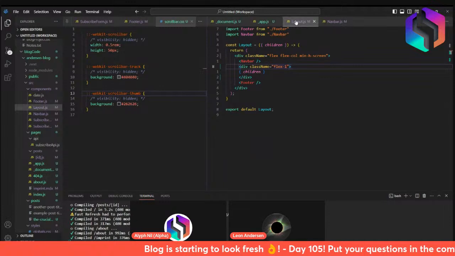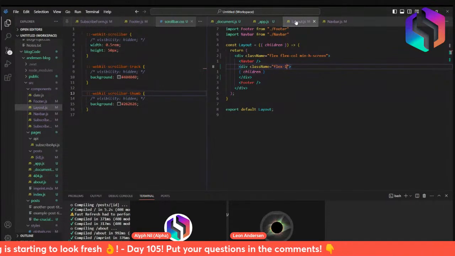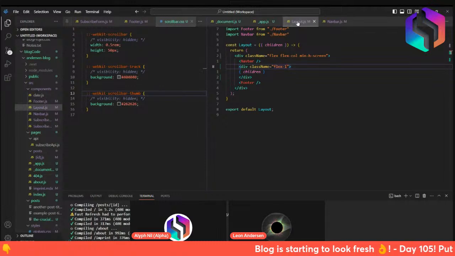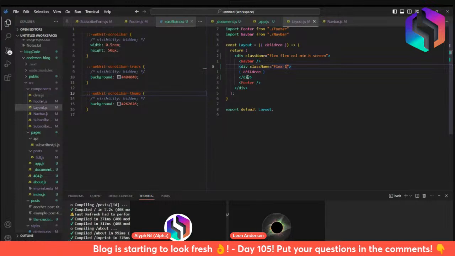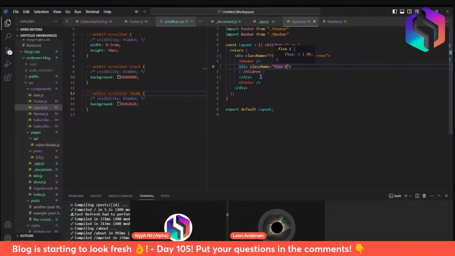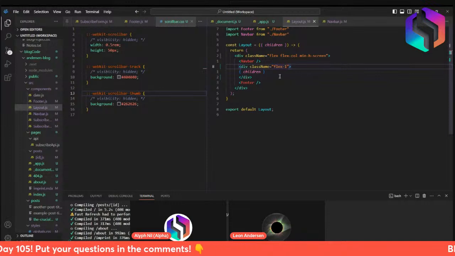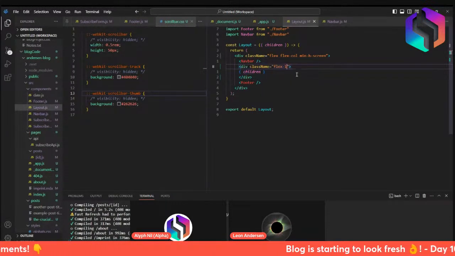Well, we have, well, let's just take the layout. The layout itself, I put some divs in here so I could style the navbar and the footer, but also could style the children, the components